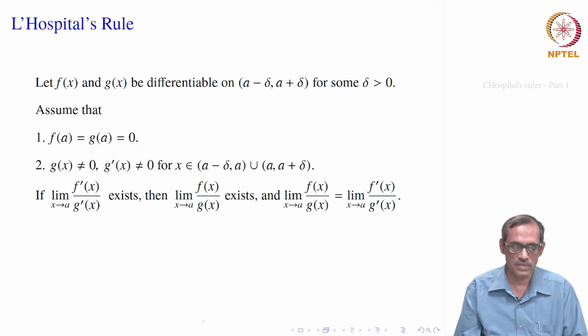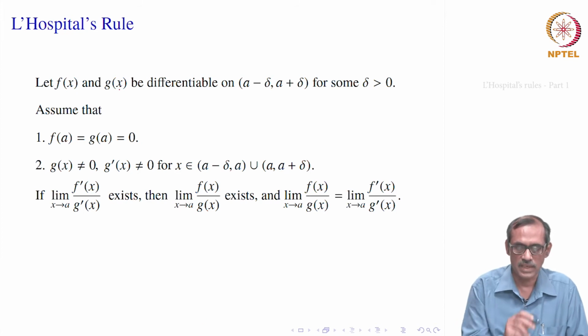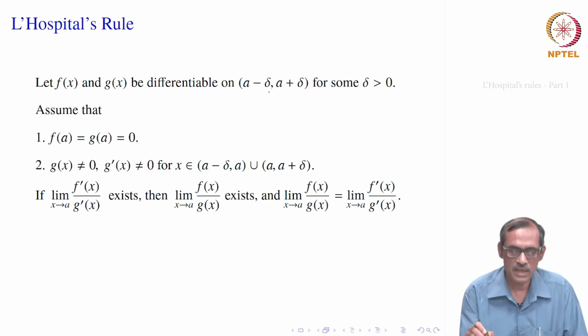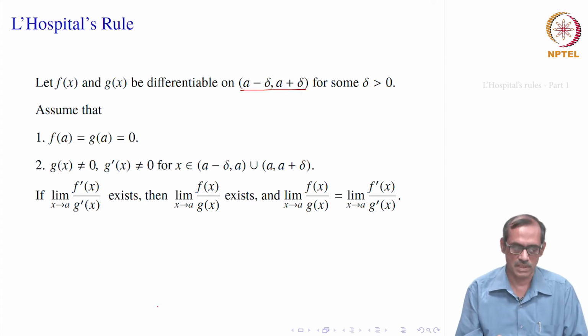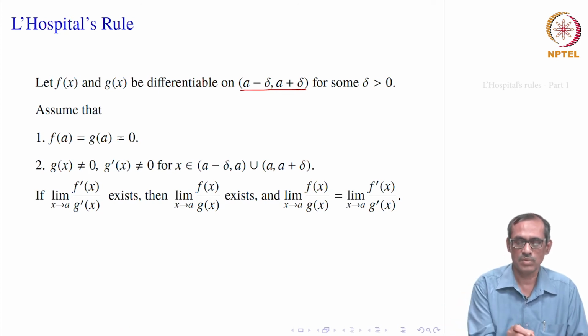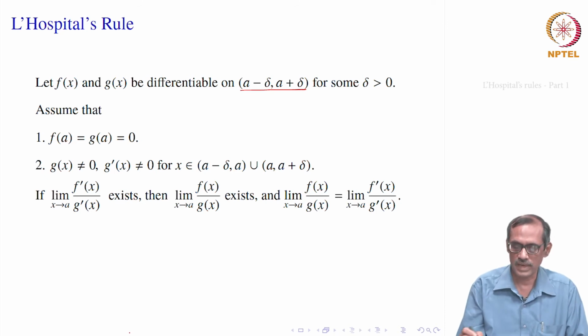So, L'Hopital's rule says that suppose f x and g x are two differentiable functions, and differentiable where? In a neighborhood of A. So, A is a point, we assume that there exists some delta greater than 0 such that in the open interval A minus delta to A plus delta, both f x and g x are differentiable. Now, at A, suppose f of A equal to g of A equal to 0, that is our ratio, right. We cannot substitute x equal to A, we are telling. So, suppose both of them are 0. We are interested in limits of this kind where f of A and g of A both are 0 when you substitute x by A.